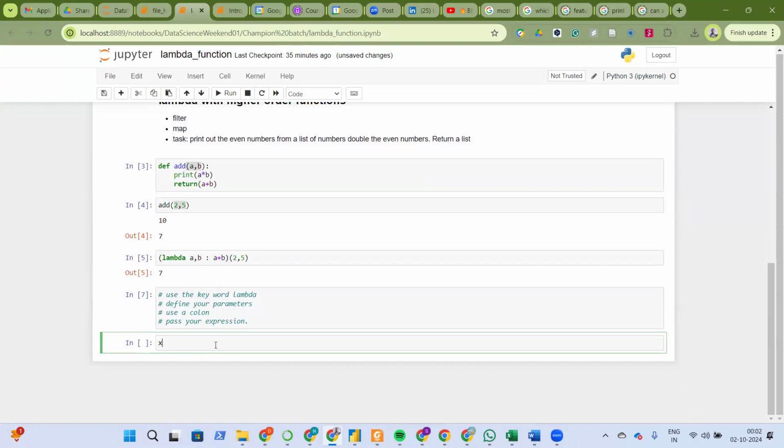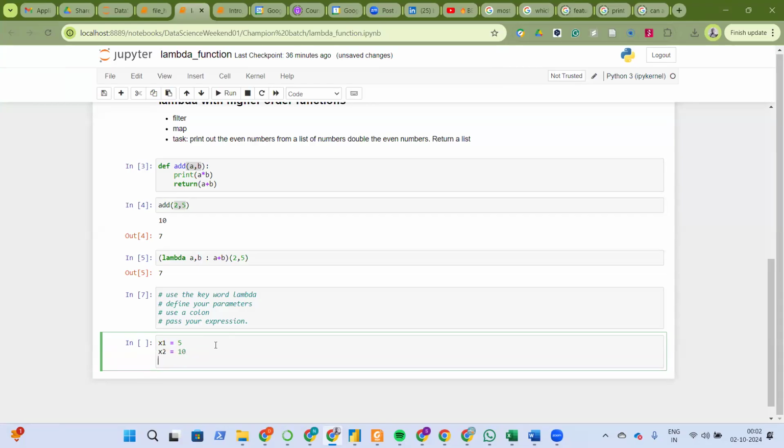So I'm going to say x1 is equal to, let's just use 5 for example, and x2 is equal to, let's just say 10. Now I'm going to say if x2 is greater than x1, we already know this one. If x2 is greater than x1,